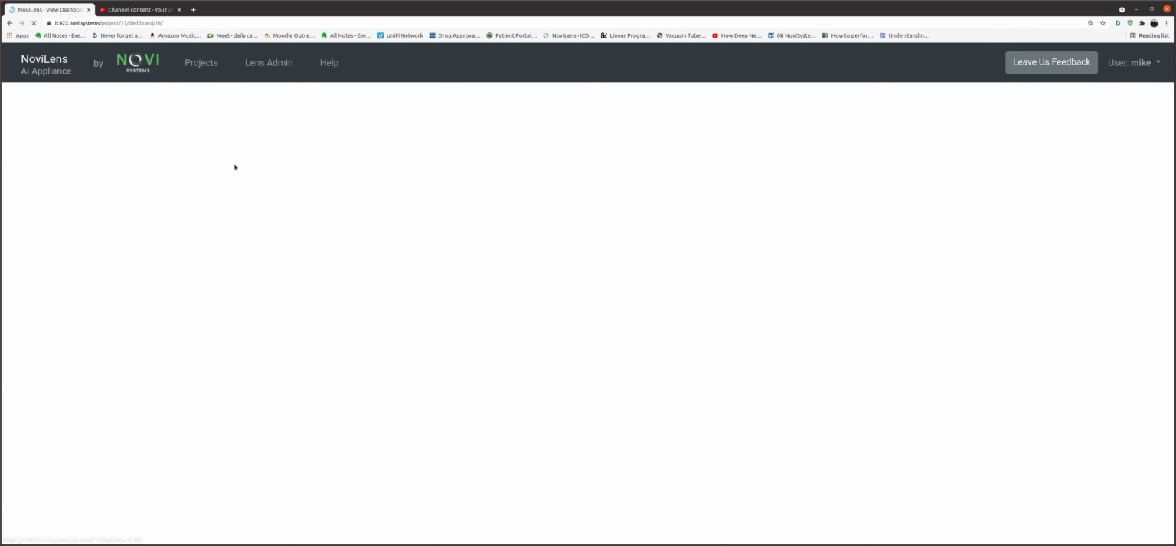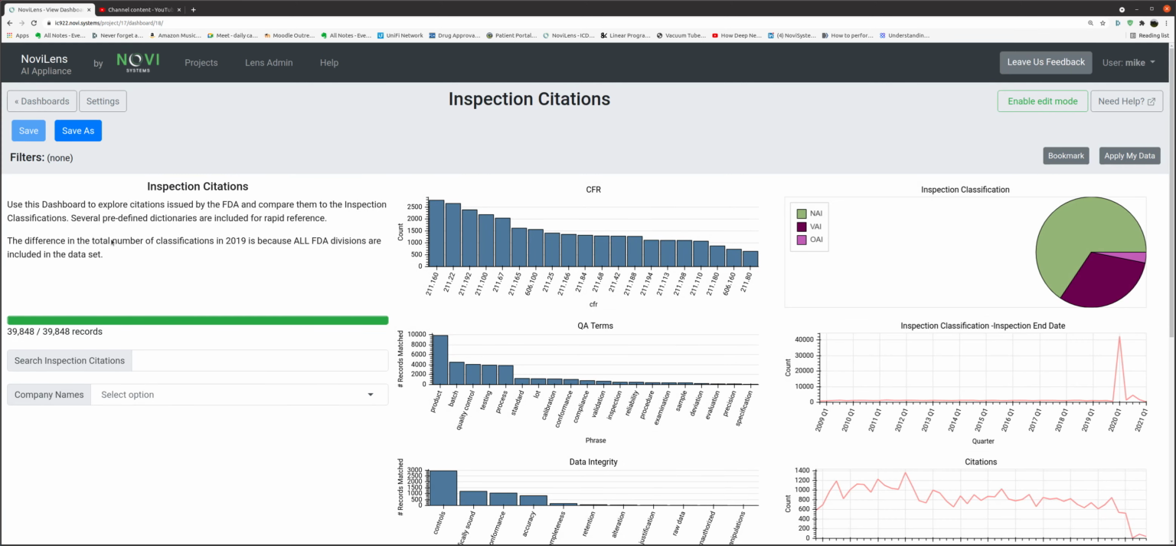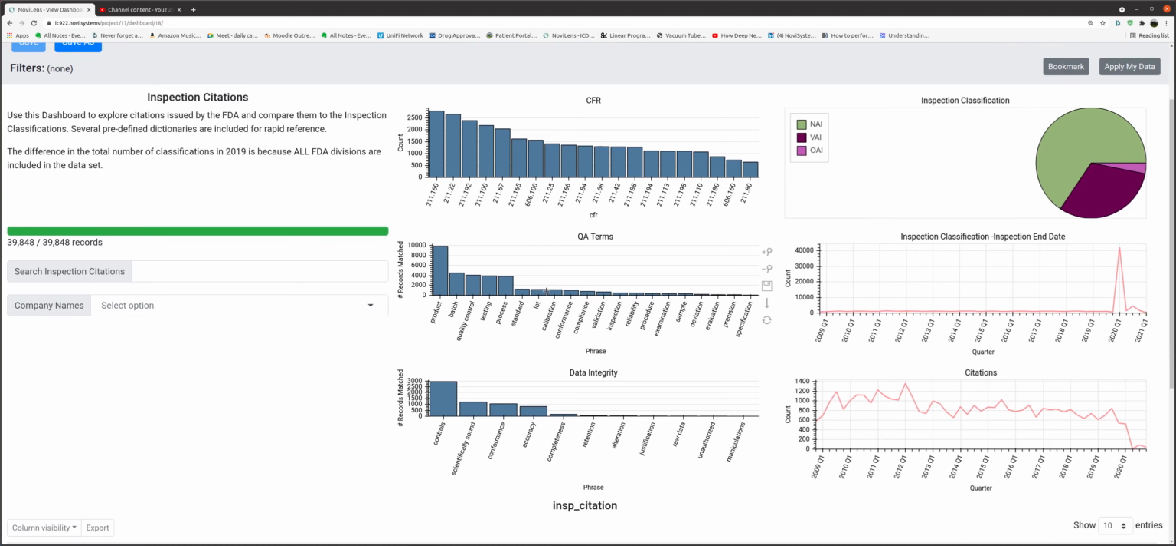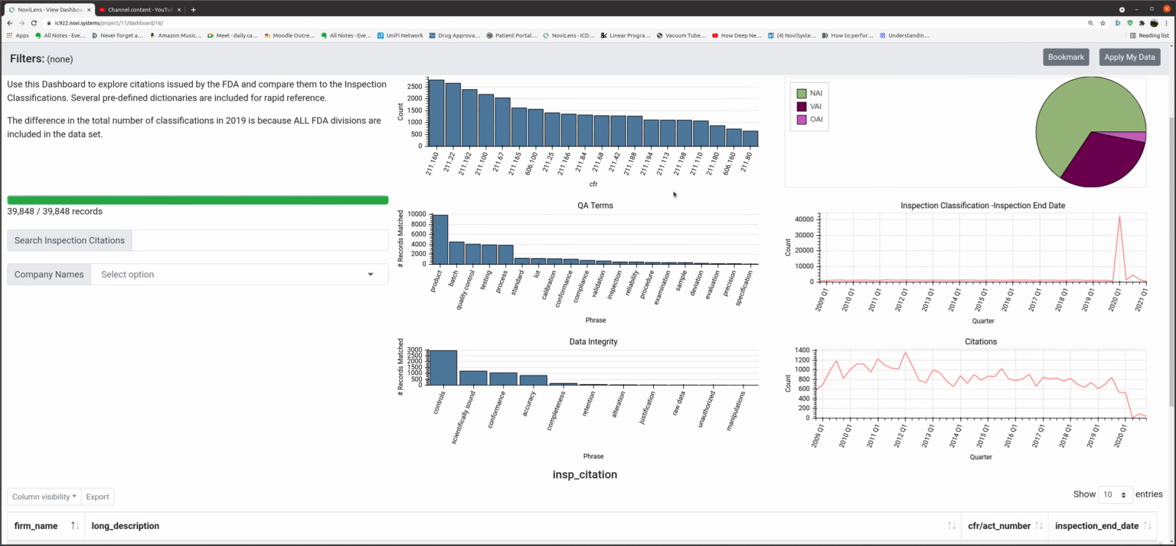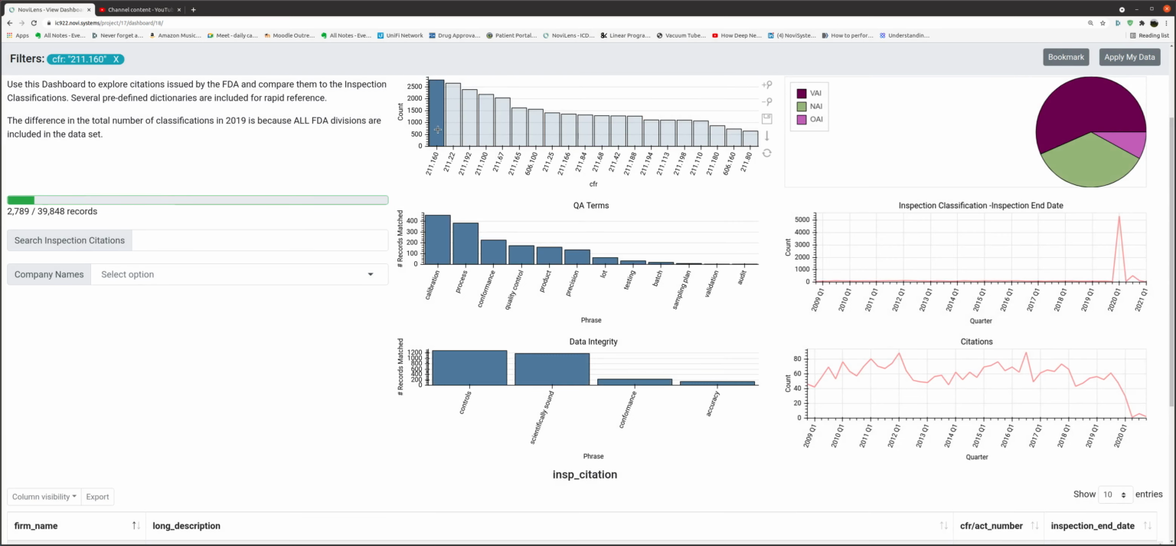So if we can go to one of the dashboards, inspection citations, again, looks at all the inspection citations available since 2019 and shows them in a nice dashboard that's all interconnected. So if we wanted to look at a specific type of CFR, we can click on it and you saw how things could change. We have a series of phrases that we've pre-populated around the topics that seem to be